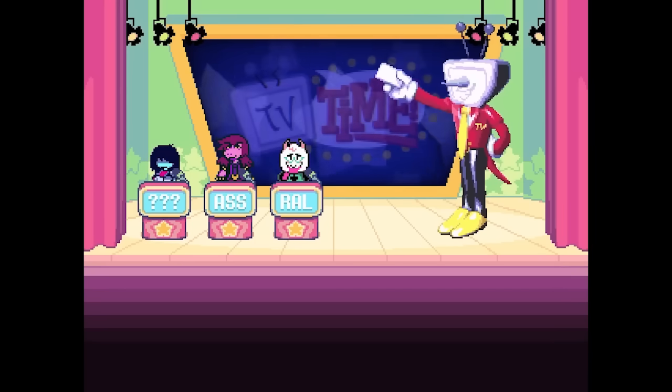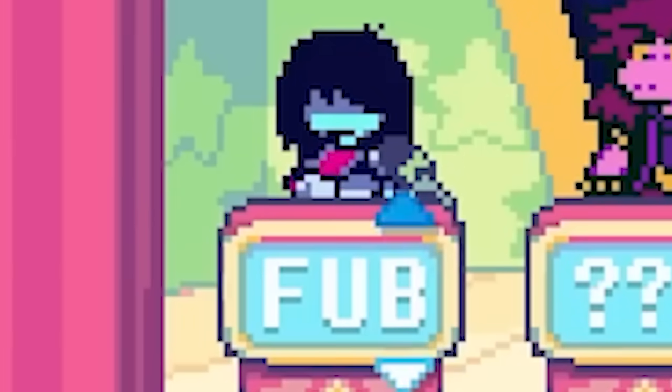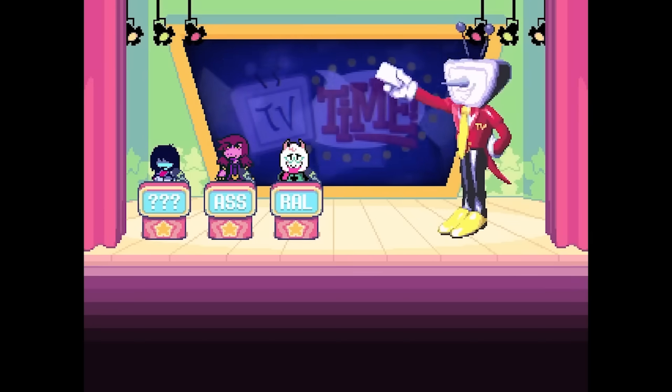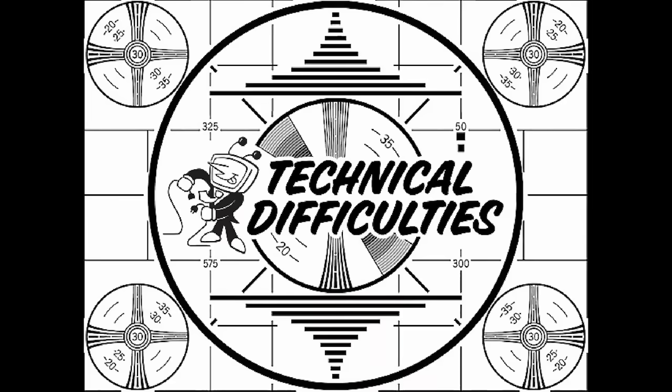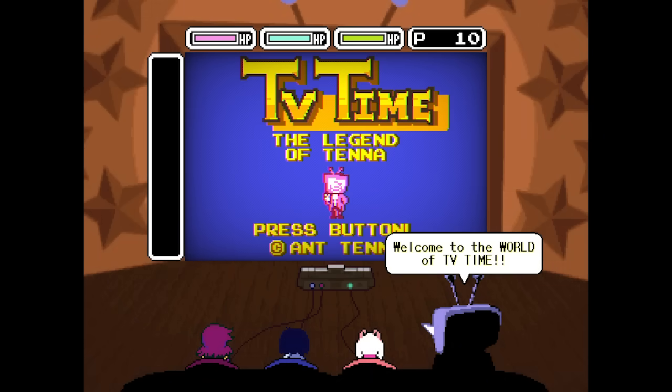Number 6, if you try to type something like that, the letters will disappear to make it impossible to abbreviate. Something similar happens if you type WD, the G vanishes. And if you try to force it by editing game files, Tenna will just put up the technical difficulty sign and change the name. Number 7, Tenna makes them play TV Time, The Legend of Tenna, a direct homage to